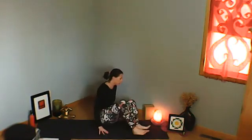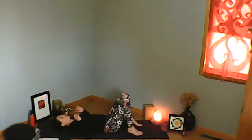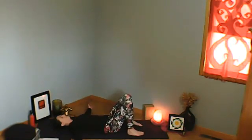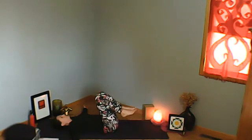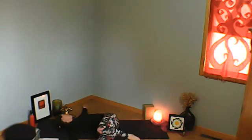If you are belly up, you'll bring the feet to the floor with the knees bent. Maybe even the knees in towards the chest if you want a deeper twist. And take your twist from there. Inviting yourself to move from the heart's longing